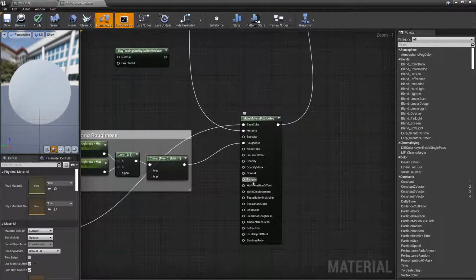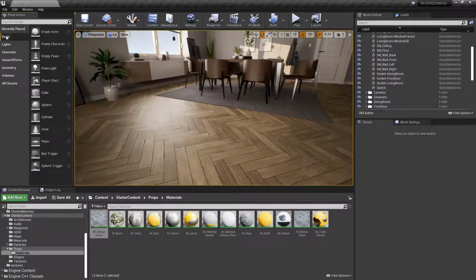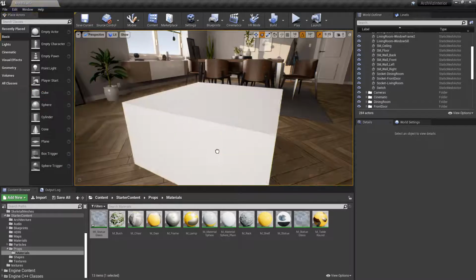We don't have any normal maps piped into this one. And then that simply goes into the ray traced input here, and that will output to our final material node. Let's take a look at how we can use the ray trace switch in a material in a more practical